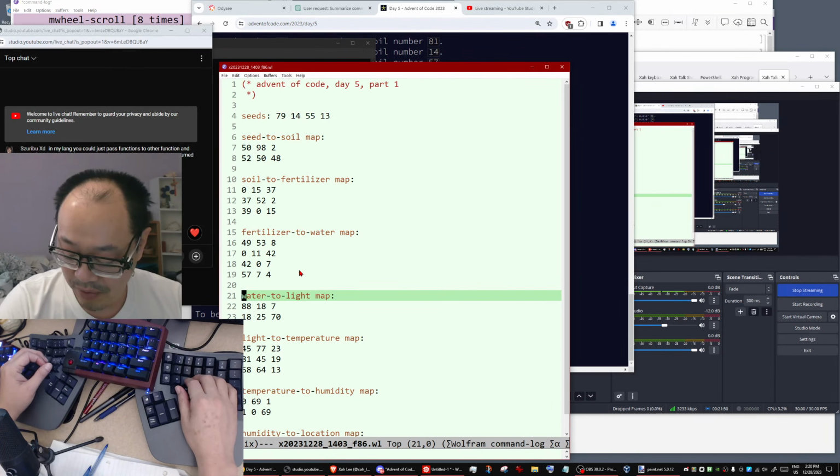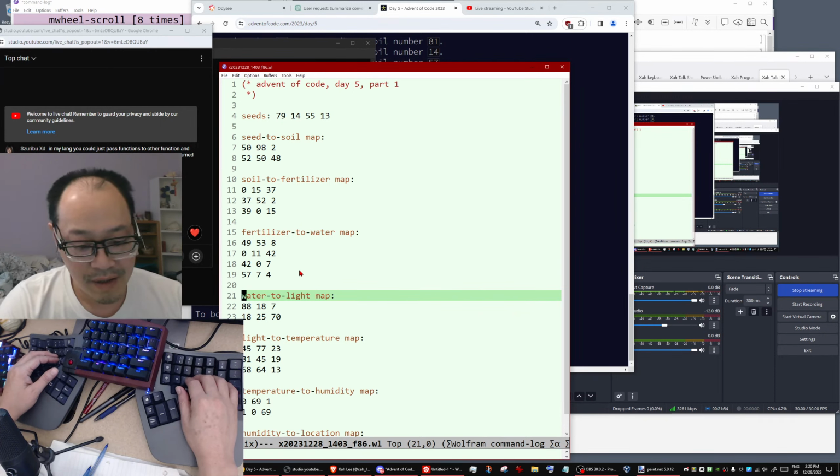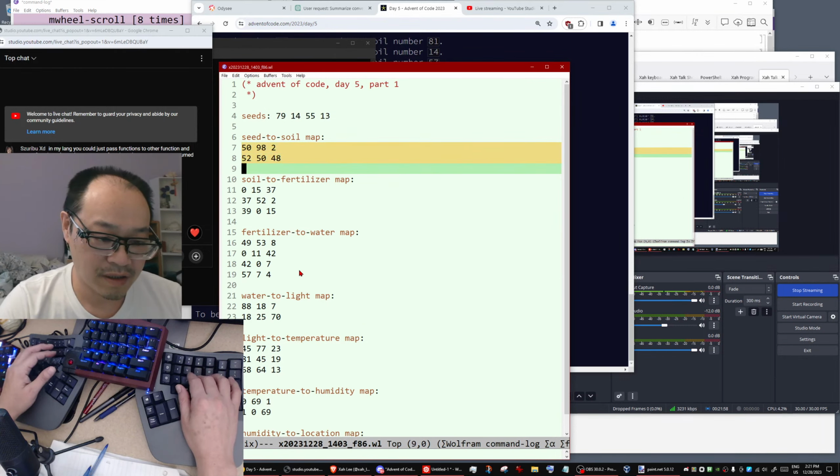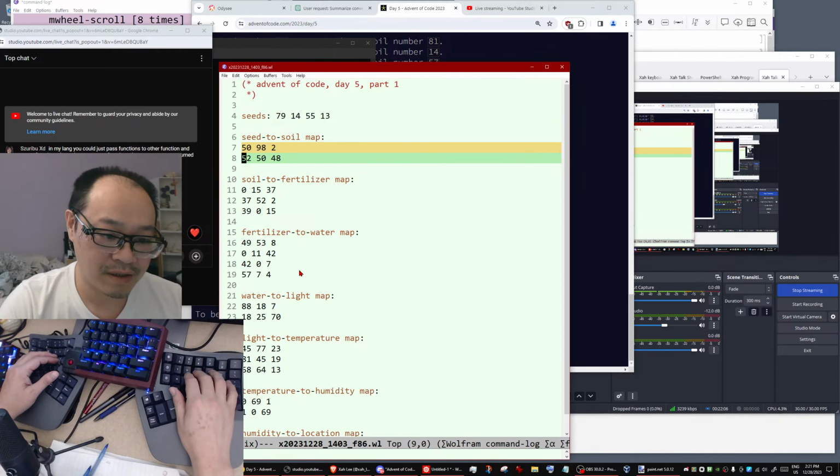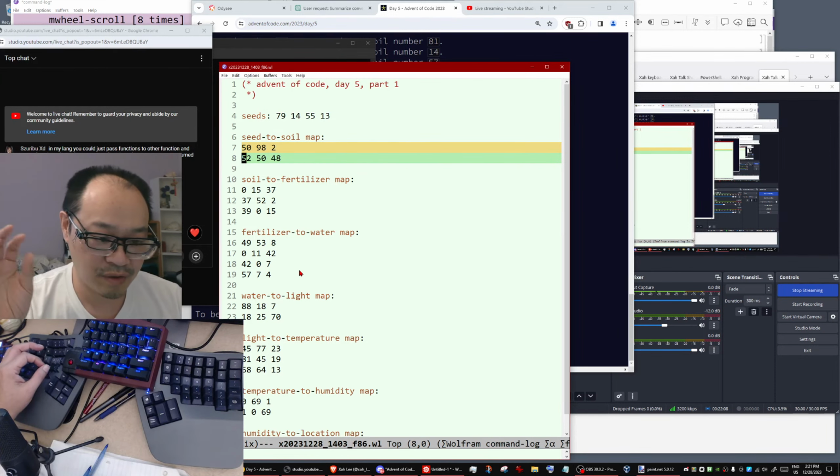Now I understand the problem. Let's begin coding. So a bunch of maps. I can just manually transform this bunch of numbers to a Wolfram language hash table. No, you cannot do it because it's a range, so you need to do some coding. But anyway, so the input,